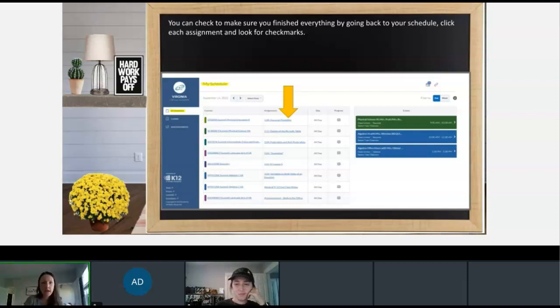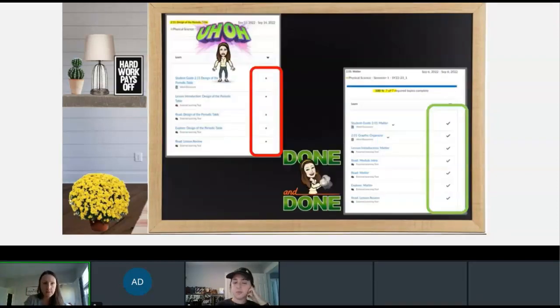It's going to open up and you're going to see one of two things. You're going to see dots. And I'm saying, uh-oh, these dots mean, oh, shoot, I didn't do those. If you didn't do them, you can click right here and go back and do them.